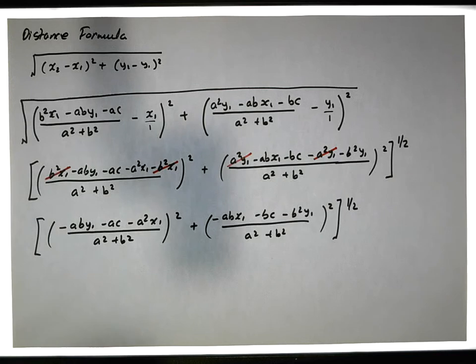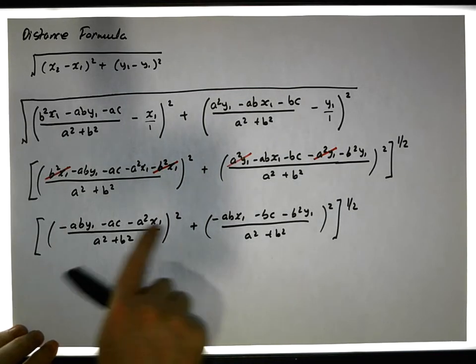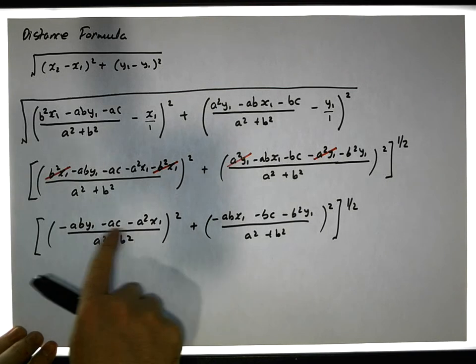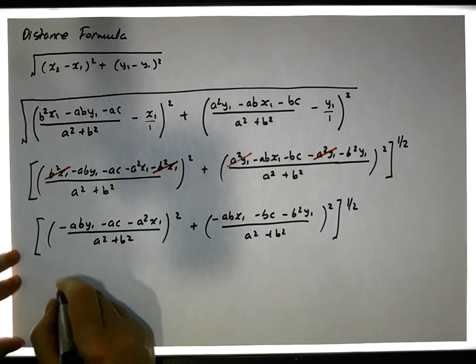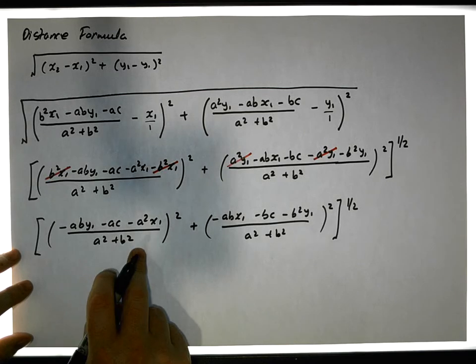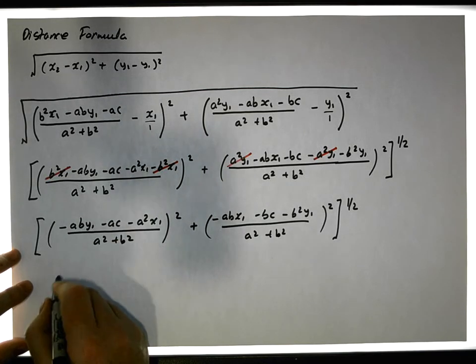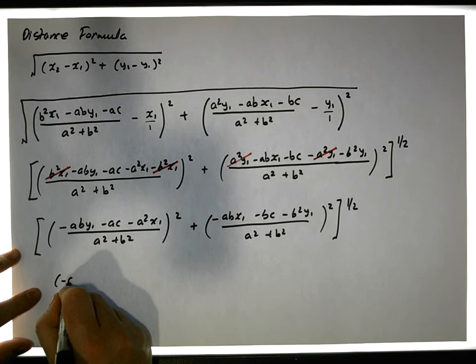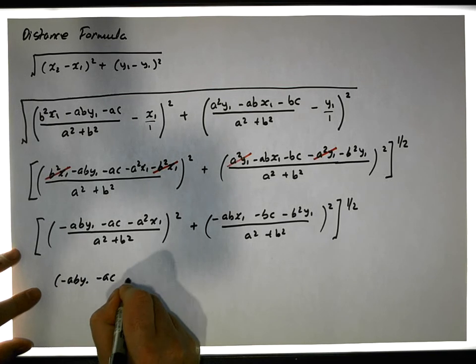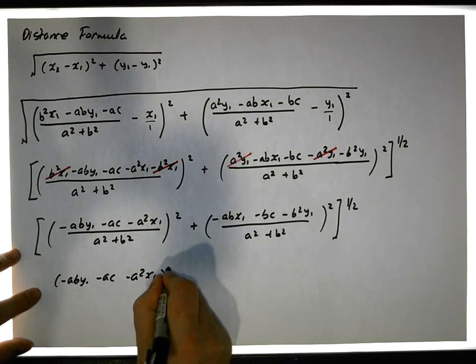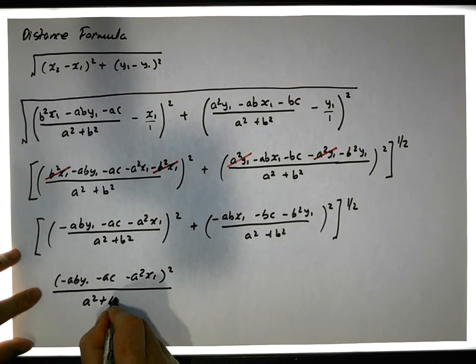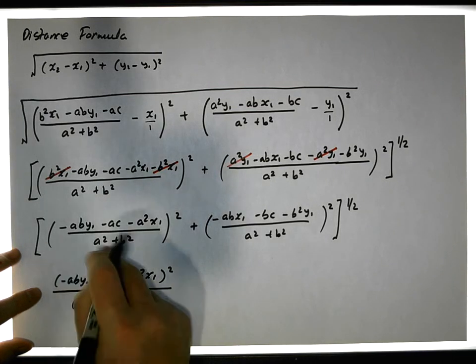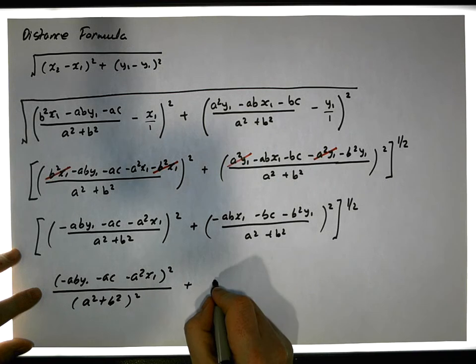Let's have a look at this here. There's a common term here. There's an a common we could take out. There's actually a minus a common. Let's fix our squares. The square root of a fraction is the same as the square root of the numerator over the square root of the denominator. So this actually is minus ab y1 minus ac minus a squared x1, to be squared, all over a squared plus b squared, to be squared. That's what that is. Plus, it's going to be minus ab x1 minus